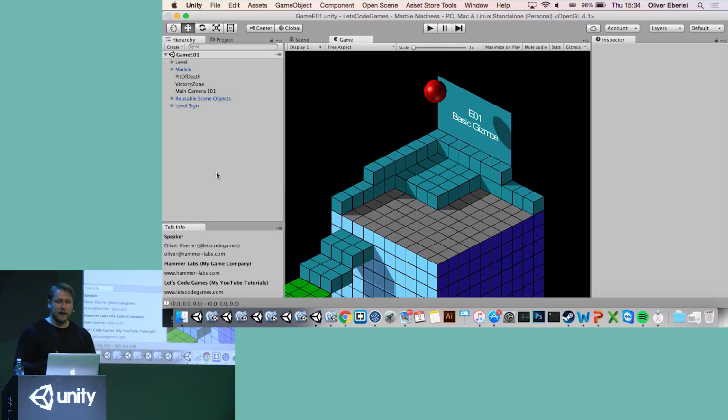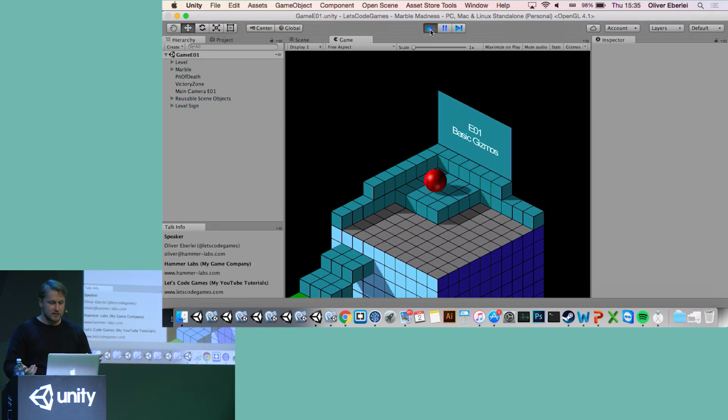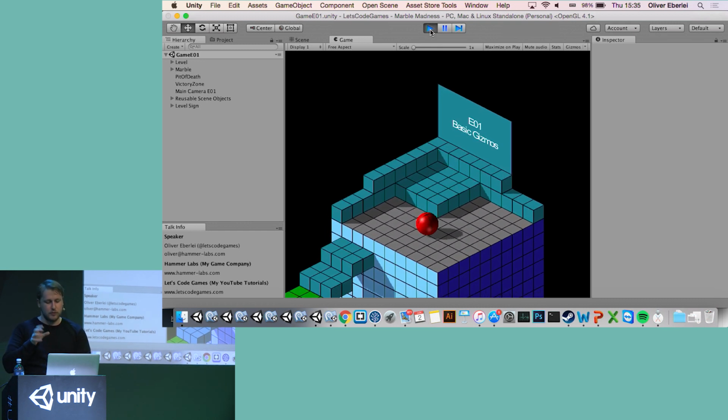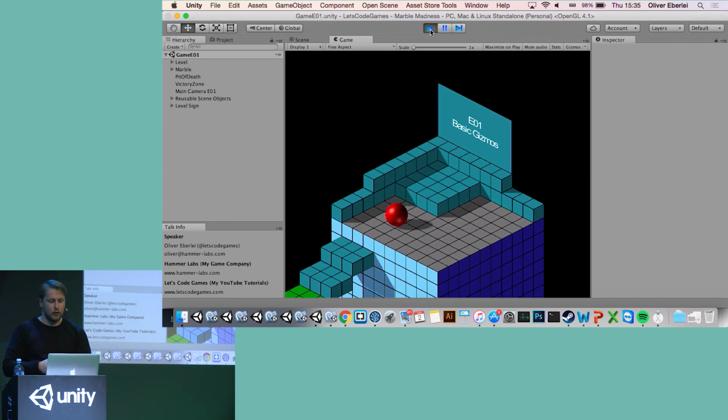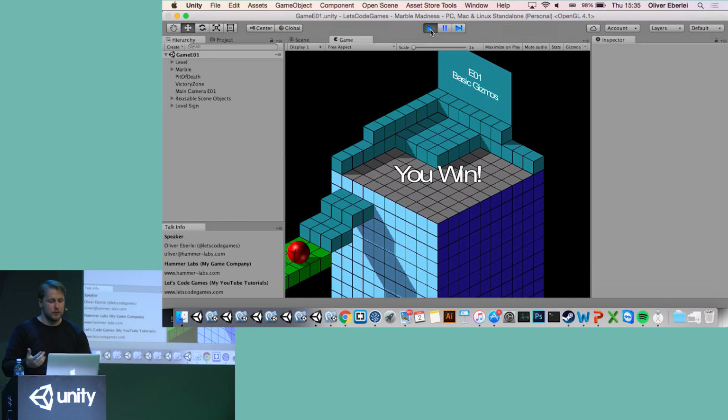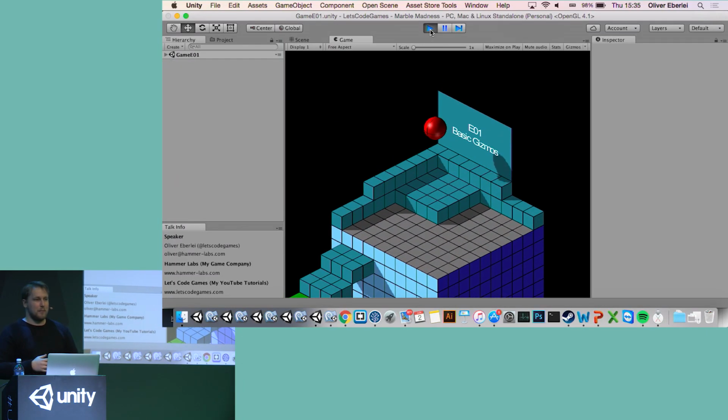I created a small game, basically just copied the game Marble Madness. And the cool part about Marble Madness, if you don't know the game, let's just play it very quickly. You have this marble, and you roll around. Basically, you just apply a torque, and then you roll around with a little bit of a delay, and you try to navigate your marble into a goal area. That's basically the whole mechanic of the game, and everything else is level design in that game.